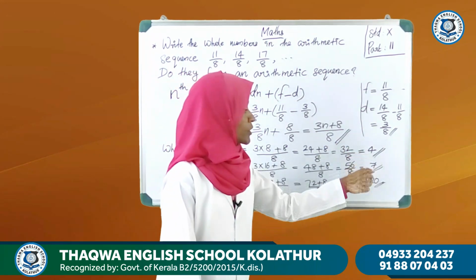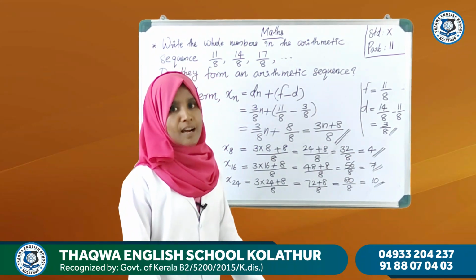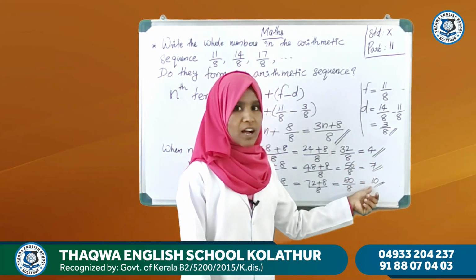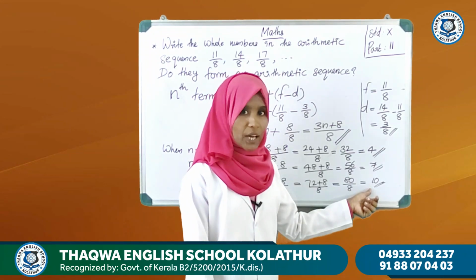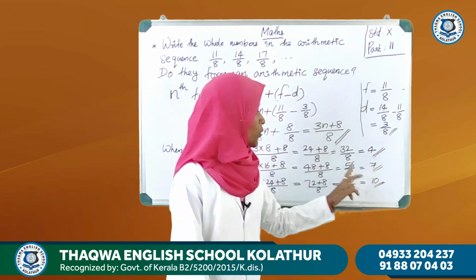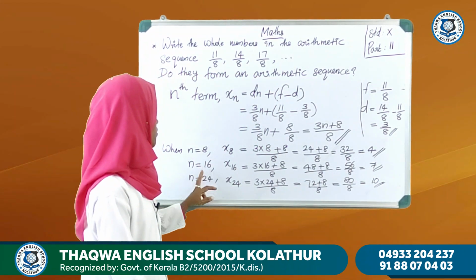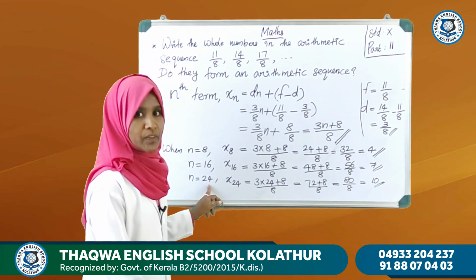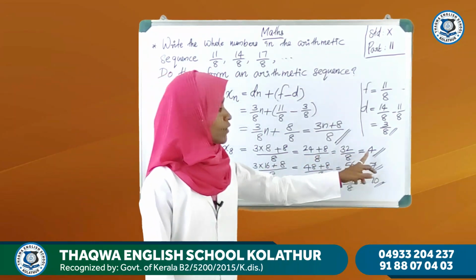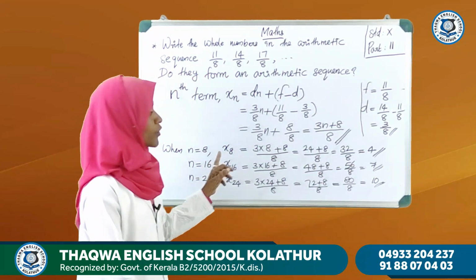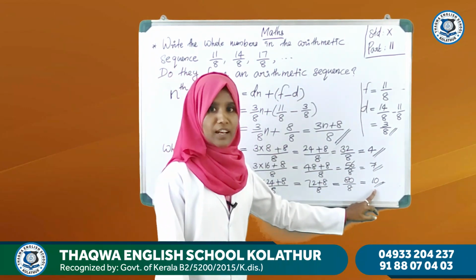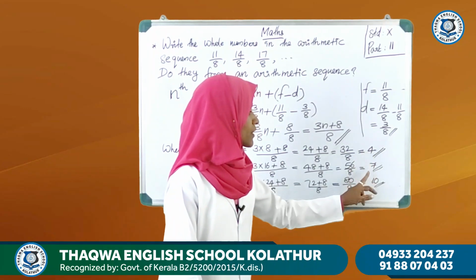What about these numbers 4, 7, 10, etc.? These numbers 4, 7, 10, etc. are the whole numbers. Their positions are 8, 16, 24, etc. That is, the 8th term of our given sequence is 4, 16th term of the sequence is 7 and 24th term of the sequence is 10. That is 4, 7, 10, etc.